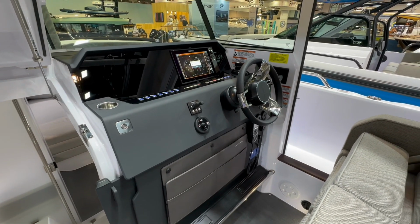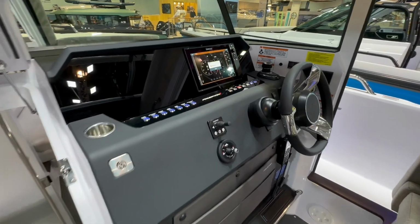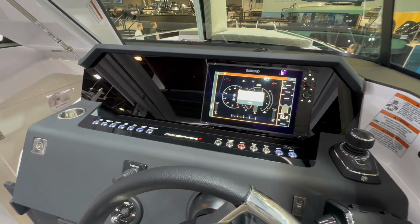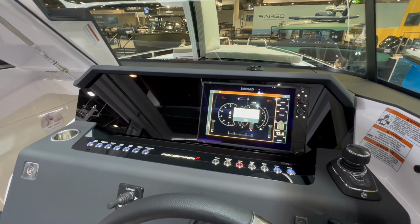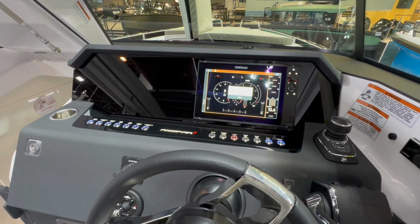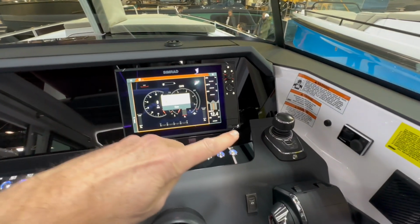Here you have this dashboard with a single Simrad. I think it's an NSS 12. Optionally, you can have two of these, and obviously there's also the setup where you have two screens, but as a glass display, which I think is the nicest one to look at. Optional joystick,